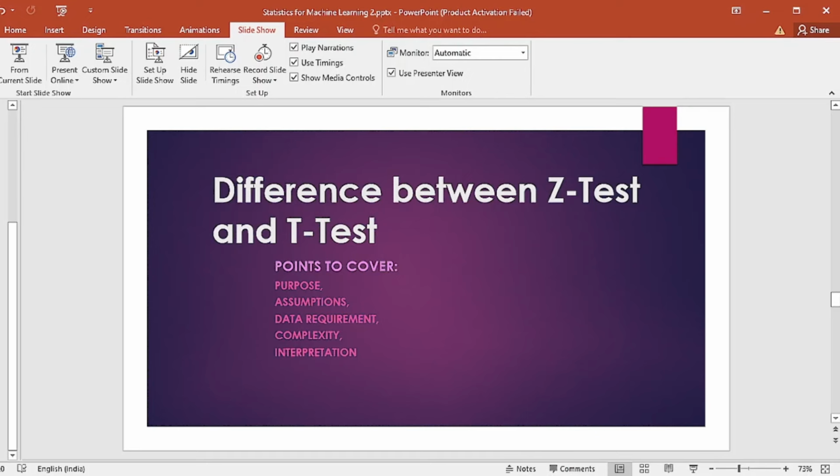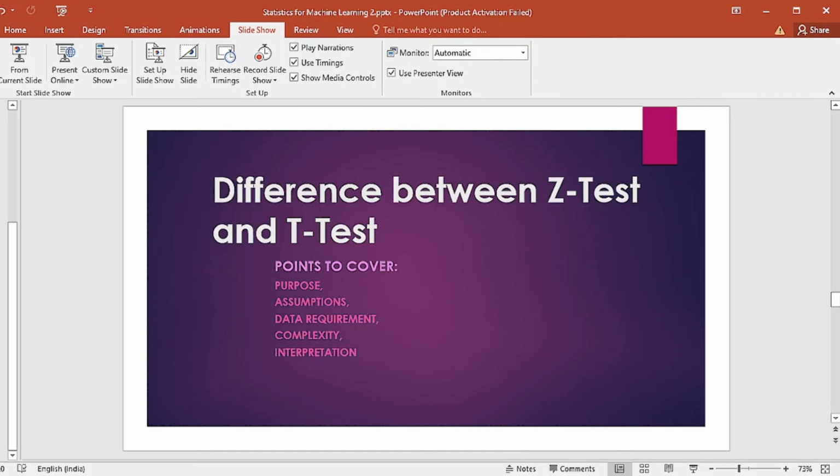Sample sizes. Sample size is small, as we have seen before. Test statistics: for the t-test, the test statistic is the t-distribution, and for the z-test, the test statistic is the standard normal distribution or z-distribution. Degree of freedom in the t-test is n1 plus n2 minus 2, and degree of freedom is not applicable in the z-test. Use cases for the t-test are small sample analysis comparing means between groups, and z-test use cases are large sample analysis,